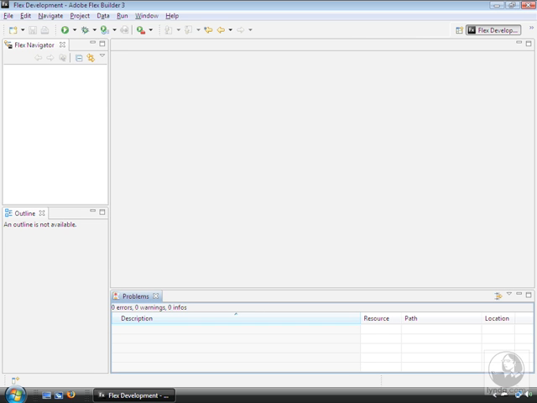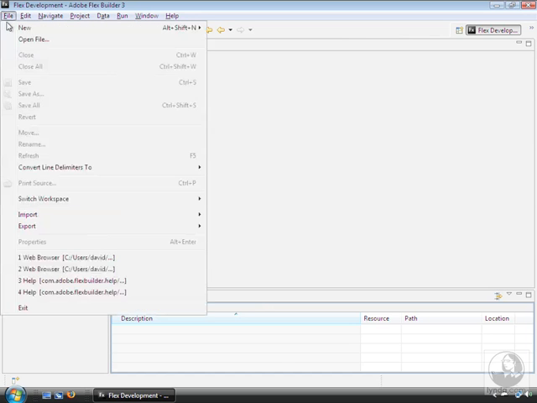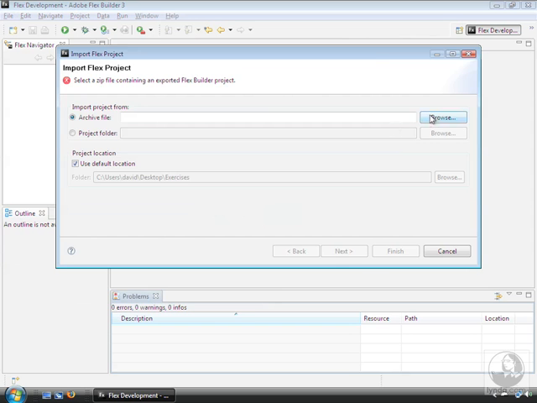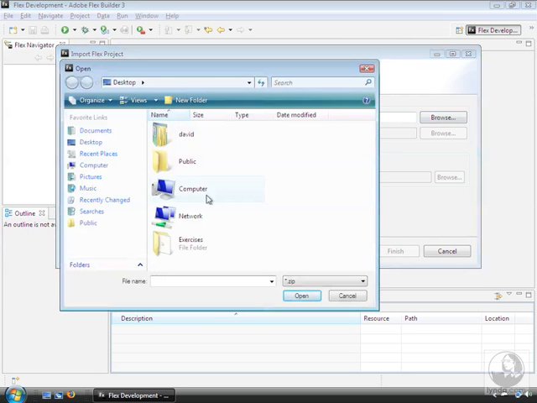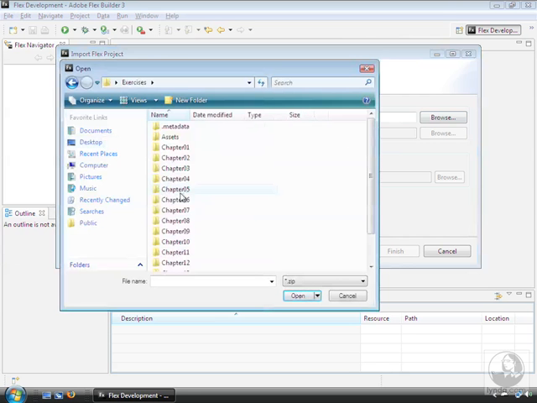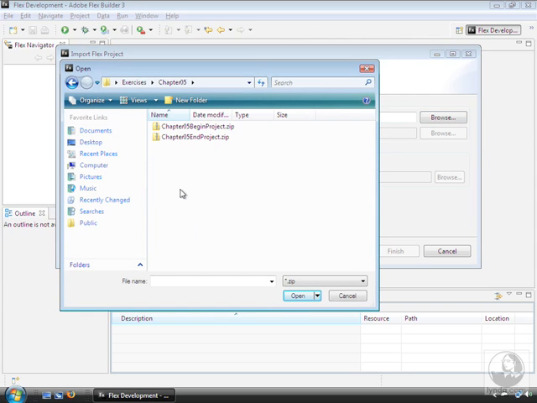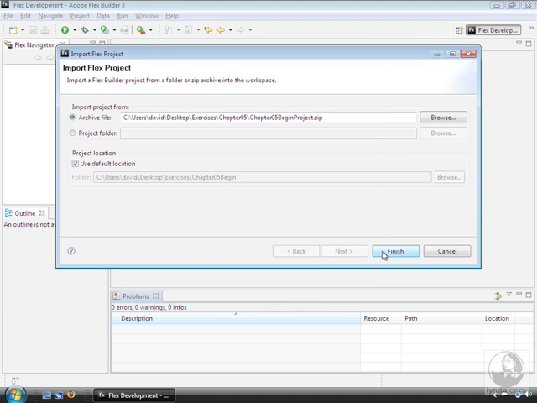If you're following along with the exercises, to get started, you'll need to import a Flex project archive from the Exercises folder area. From the menu, select File, Import, Flex Project. Click the Browse button next to Archive File. Go to your Exercises area, which is on my desktop, and navigate to the Chapter 05 folder. You'll find two files with the .zip extension there, Chapter 05 Begin Project.zip and Chapter 05 End Project.zip. Select the Begin Project file, and then when you come back to the Import Flex Project dialog box, click Finish